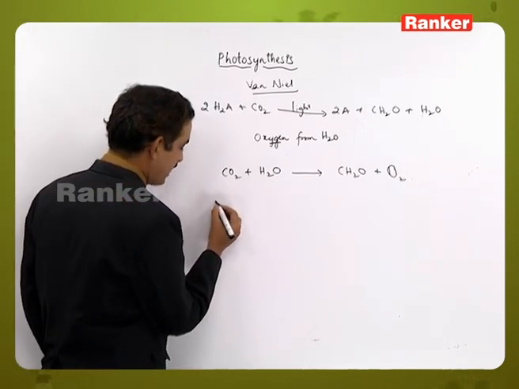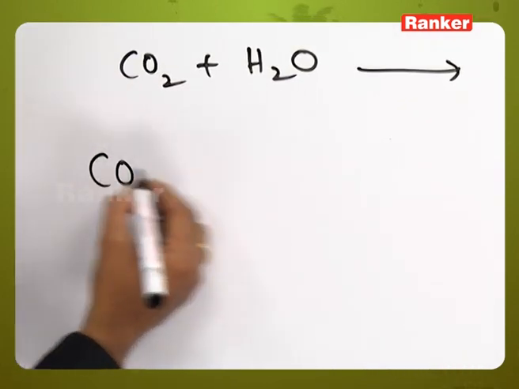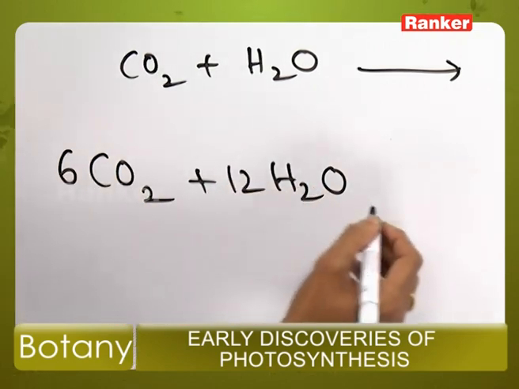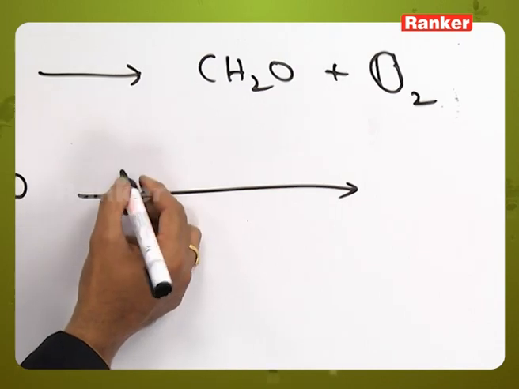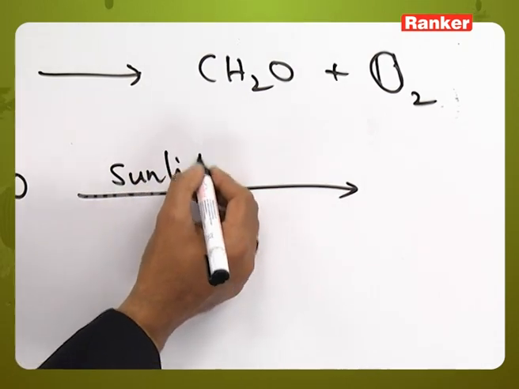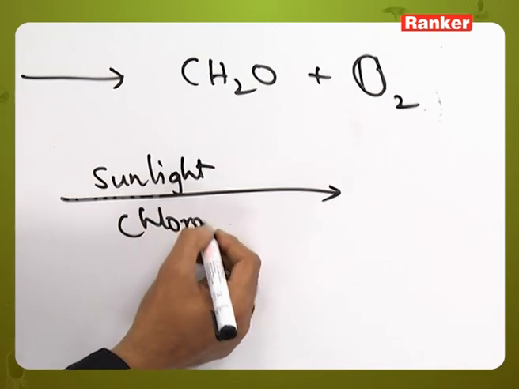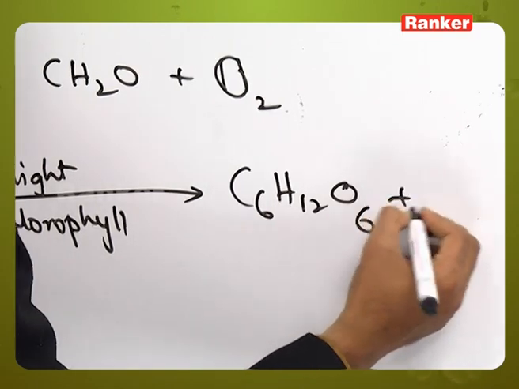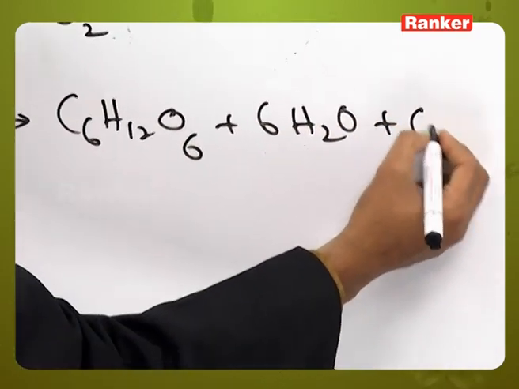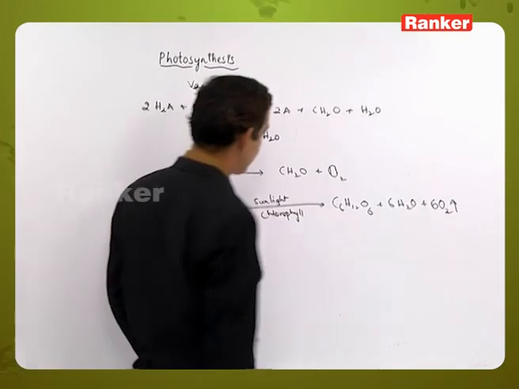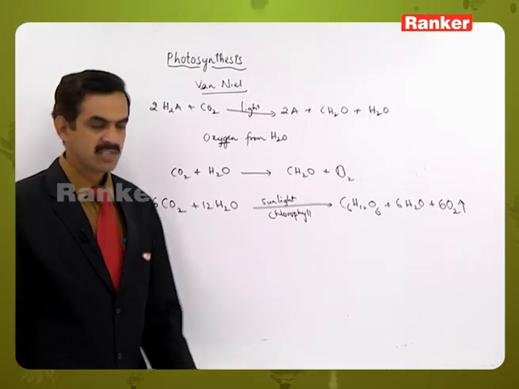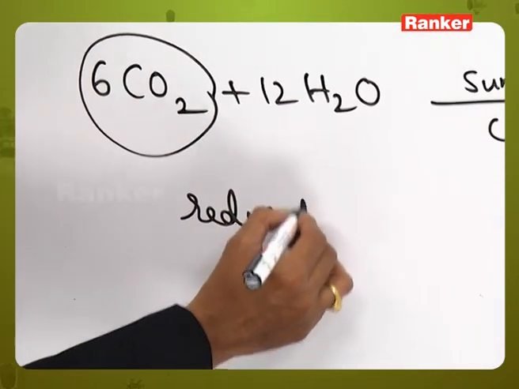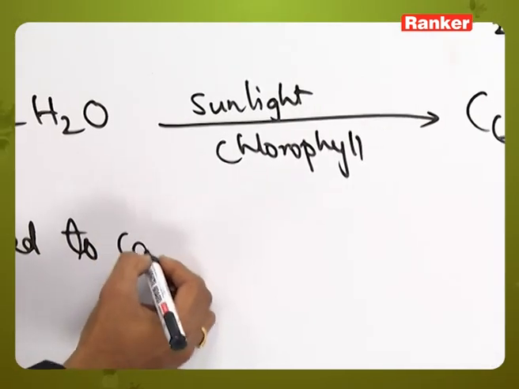Then the overall equation for photosynthesis is 6 molecules of carbon dioxide and 12 molecules of water, in presence of sunlight and chlorophyll molecule. It will be converted into C6H12O6, that is glucose, plus 6 molecules of water, and 6 molecules of oxygen are released. So this is the basic equation related to the photosynthetic process, where the carbon dioxide is reduced to glucose molecule or carbohydrate,